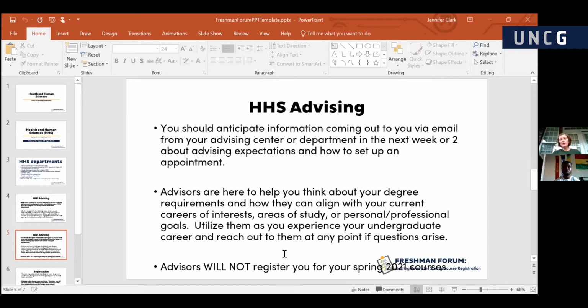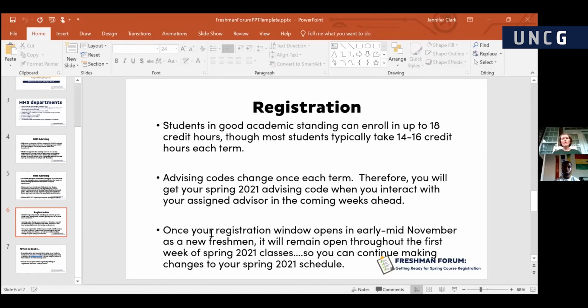There's lots of different opportunities, and there's never a wrong question to ask. So again, don't hesitate to reach out to us as your advising support system, and know that we're here to work with you and to utilize the resources that you pay for in your tuition to help you meet your goals, both personal and professional, as it pertains to your undergraduate career.